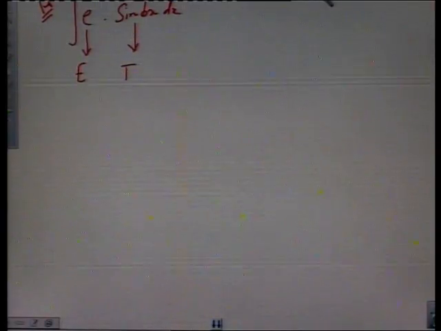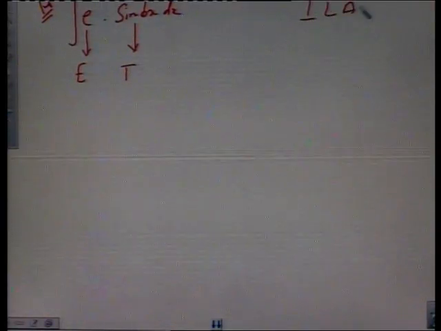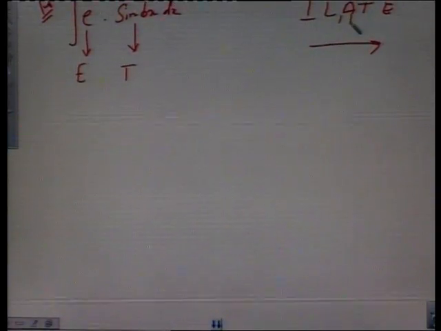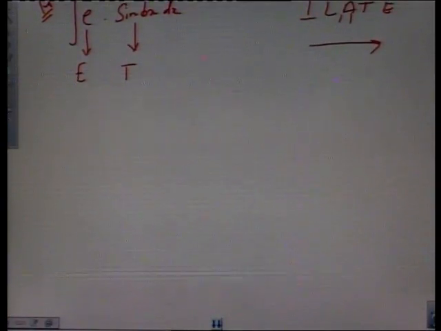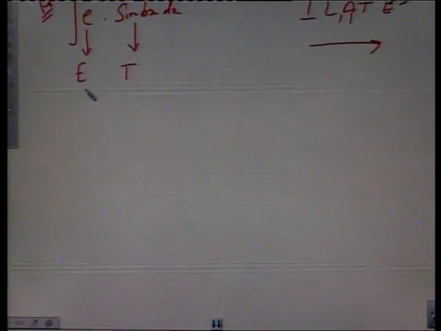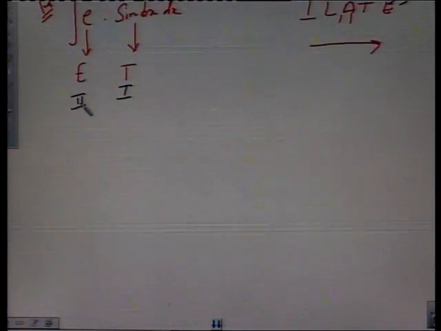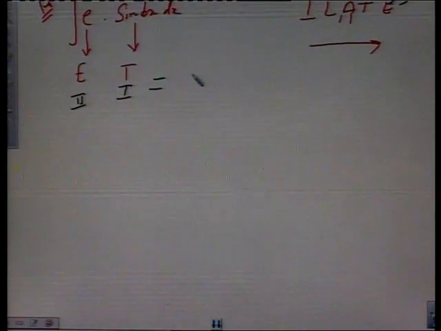Now, what is our ILATE rule? ILATE rule says if we move in this direction, which function comes first? E and T. Out of E and T, T comes first and E comes second. So, this is our first function and this one is our second function. So, if you integrate this, again applying same result, first function as it is,